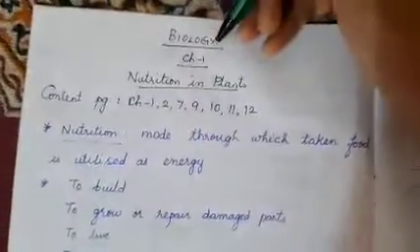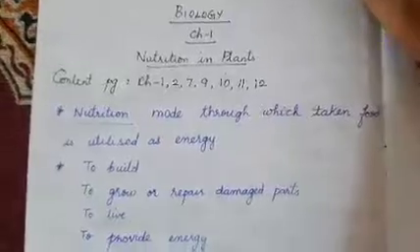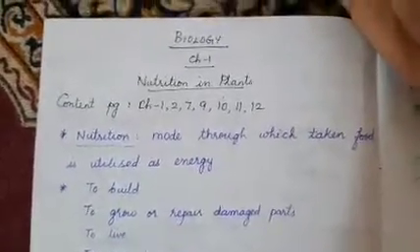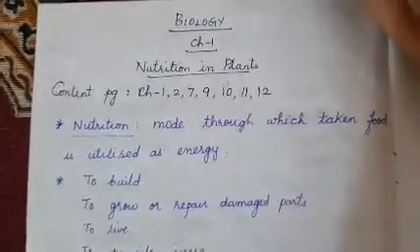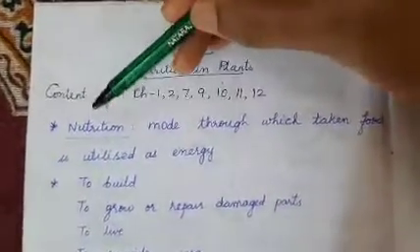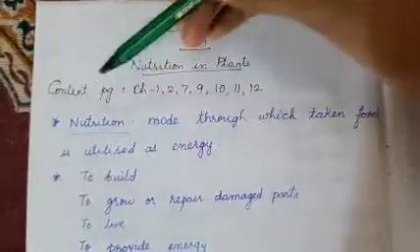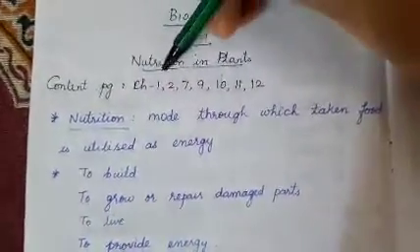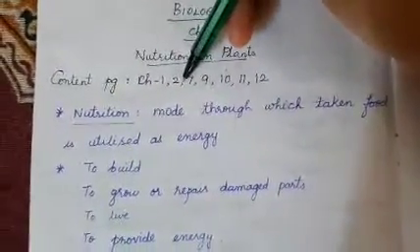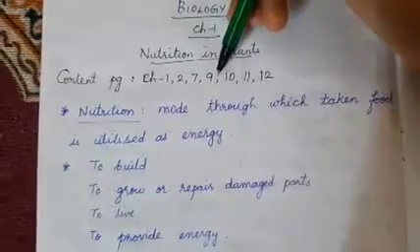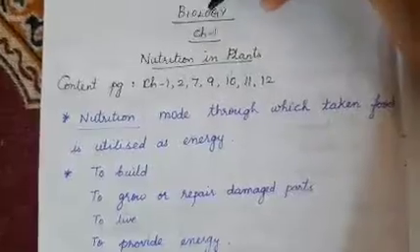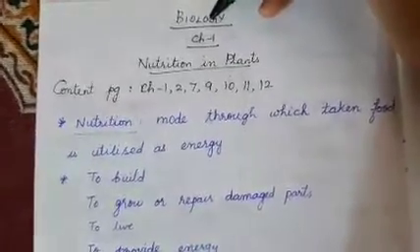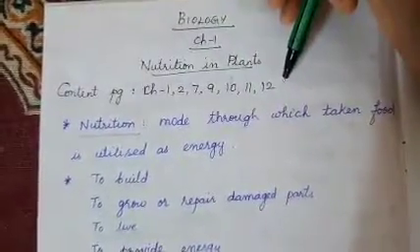Good morning, children. Today it is biology. Now take your NCERT textbook and a notebook for taking notes, and a pen or pencil in your hand. First open your NCERT textbook and take the content page. Mark chapters 1, 2, 7, 9, 10, 11, and 12 for your biology. You can use the letter B near the names of these chapters.